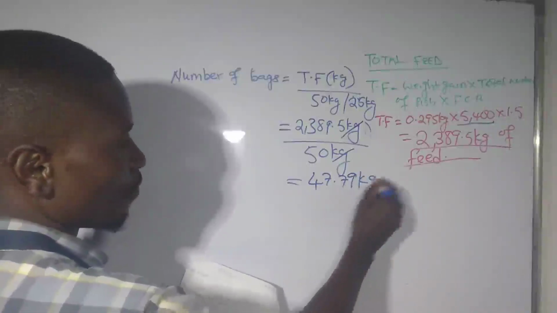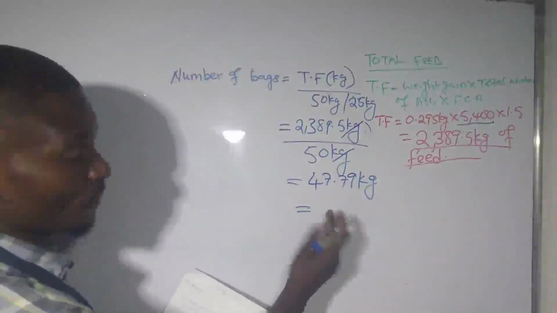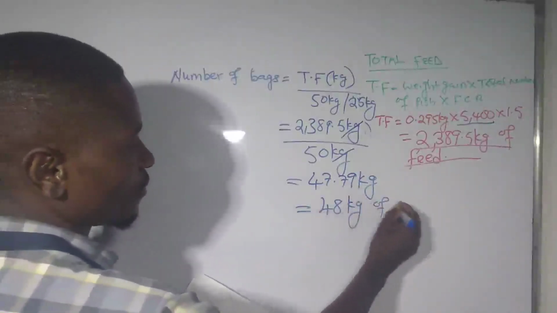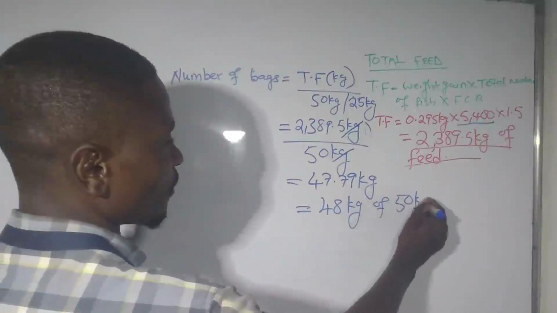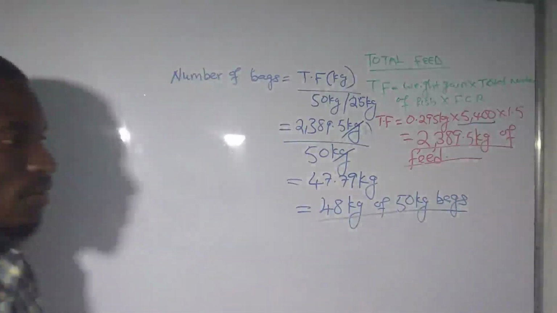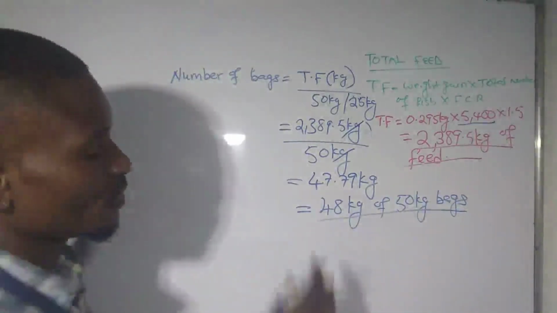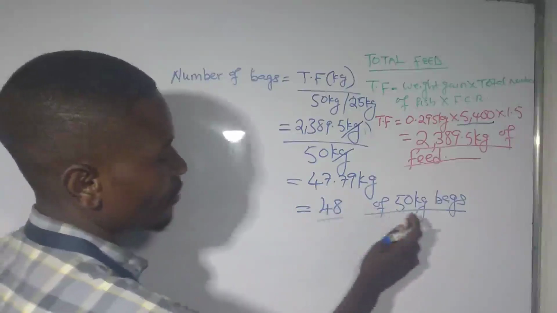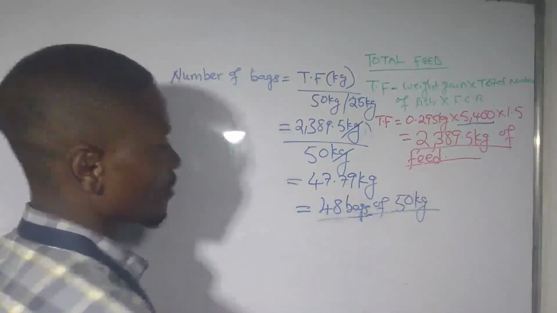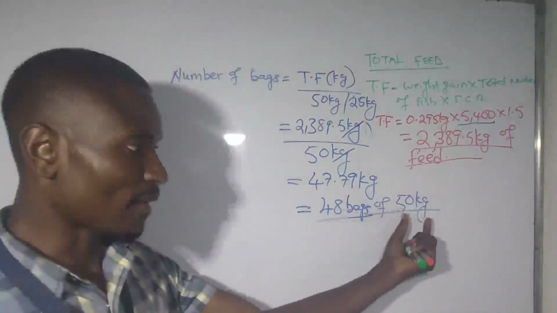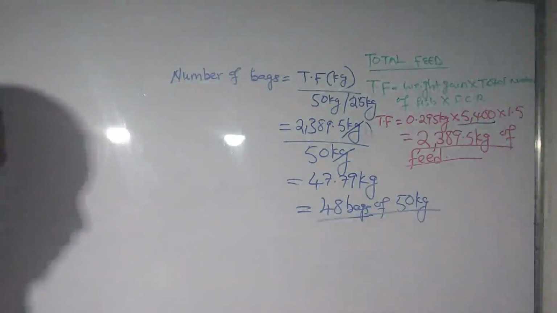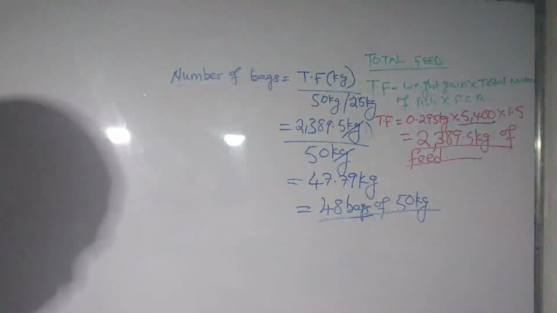9 kg, which this number can be rounded off to 48 kg of 50 kg bags. So then I'm going to have 48 bags of that packed in 50 kg. Okay. Now from there, what else is remaining is that